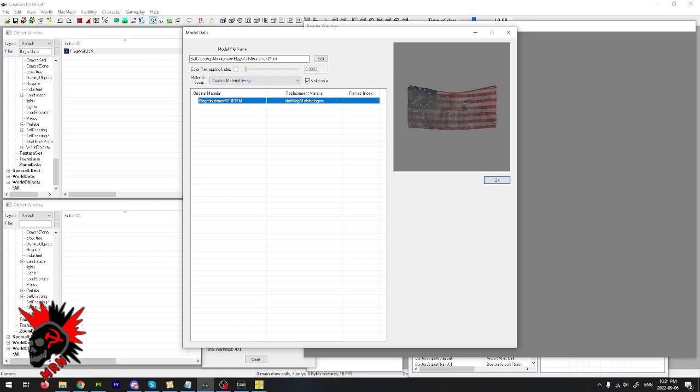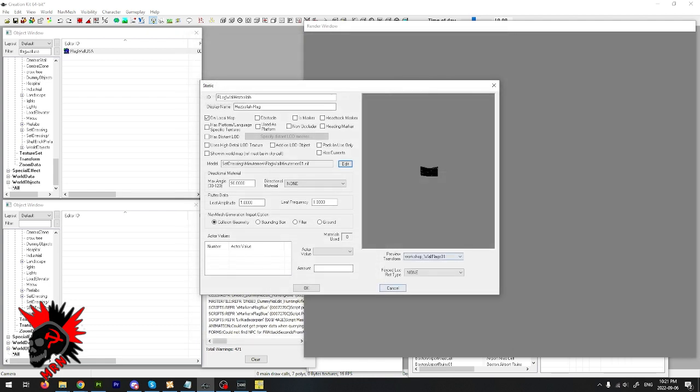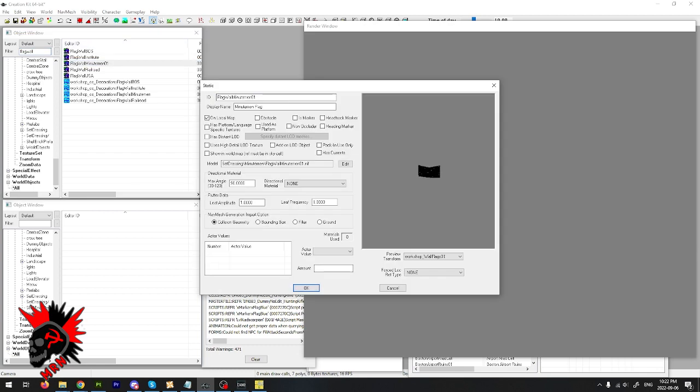Yes. I'm actually using the wrong one. I should be using the Minuteman one. That's why this isn't working. Okay. I shouldn't have done that. I messed up. Okay, forget all that. Custom wall flag Minuteman 01. Flag wall